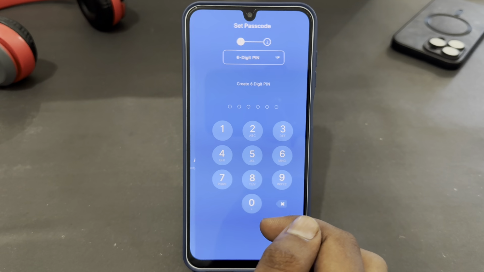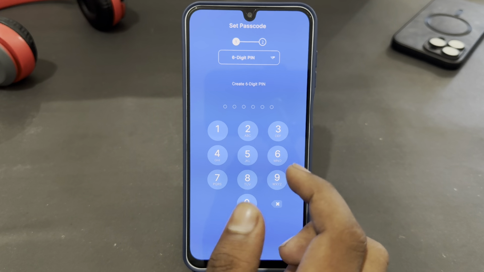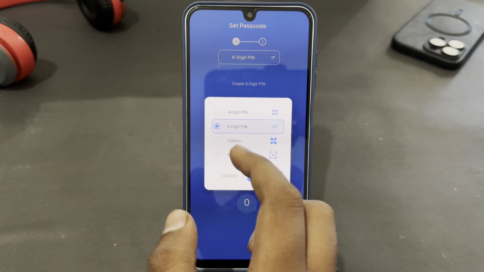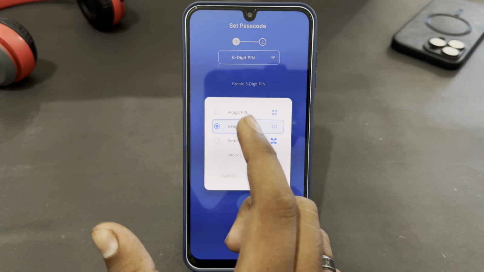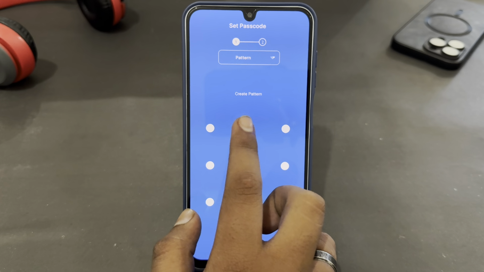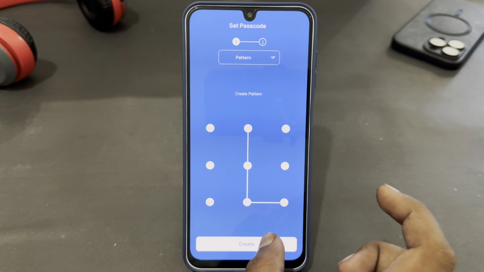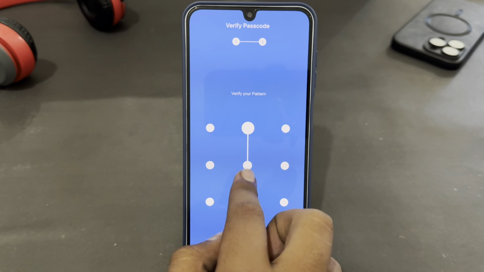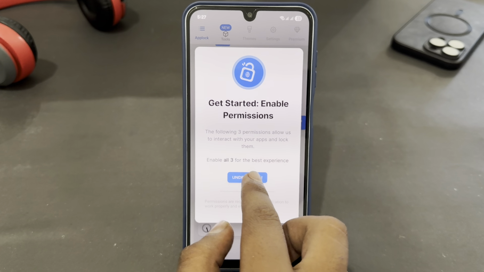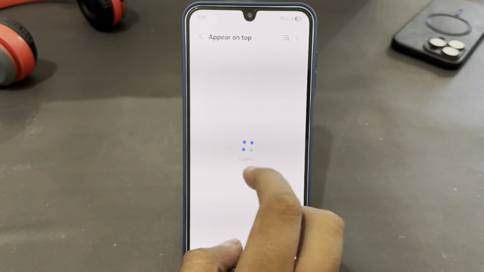Here you just have to create a pin. Just tap on pin and you can just select the password type: the pattern, no code, or four-digit pin. I'm going to select the pattern, tap on open and here you just have to enter the pattern which you want and select create, enter your pattern again, select save and here just select understood, select permit to allow